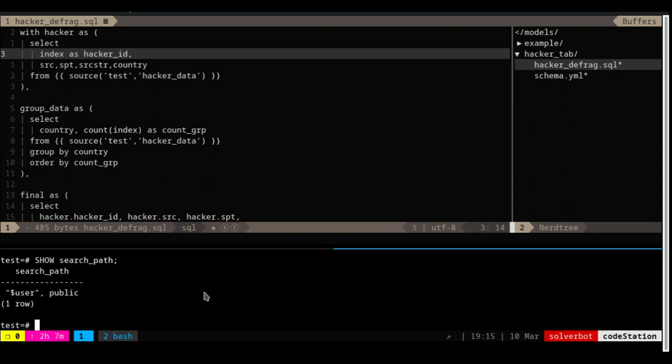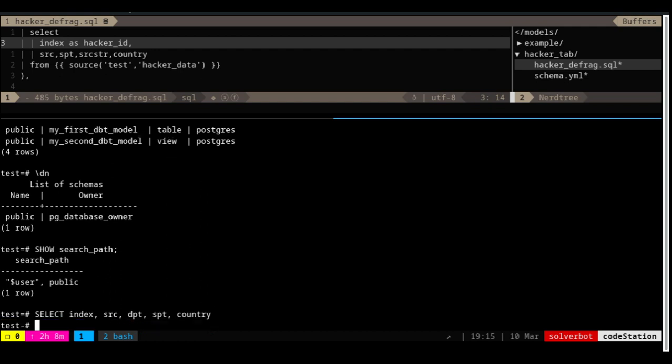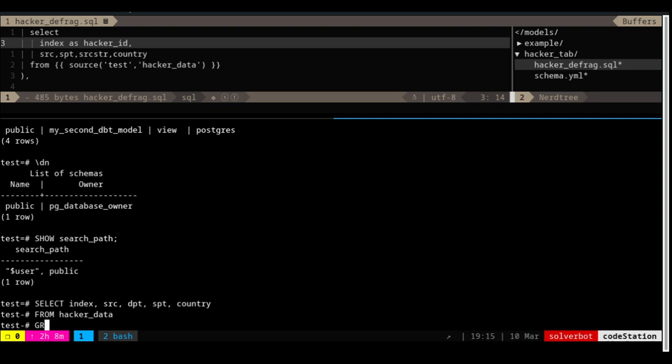But assume that I come to the database here and do a select command, selecting say index, source, dpt, spt, country, about ten things, from hacker data, and then I group by. I'm doing all these things